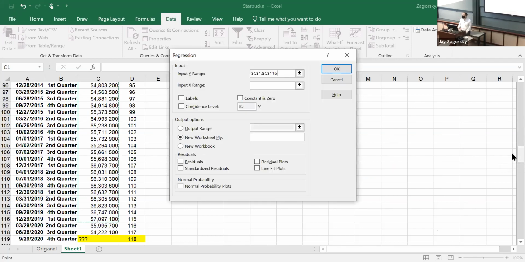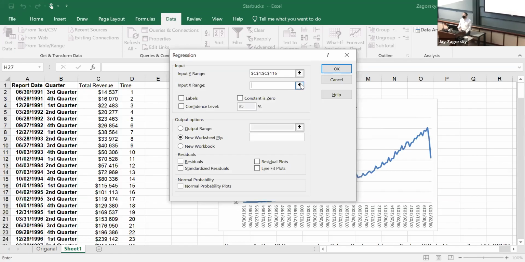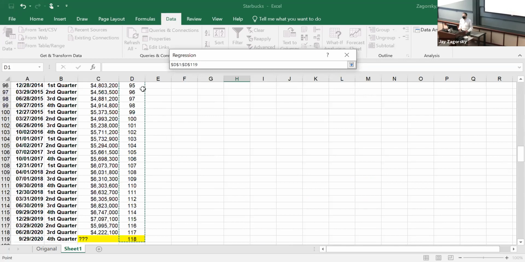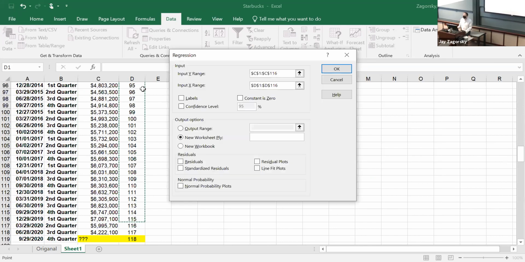The X range is going to be the time dummy, the time counter, which is also 116. If you don't have both being 1:116, there's going to be an error from Excel because they're not matched up. We're going to have labels. I'm going to pick OK.